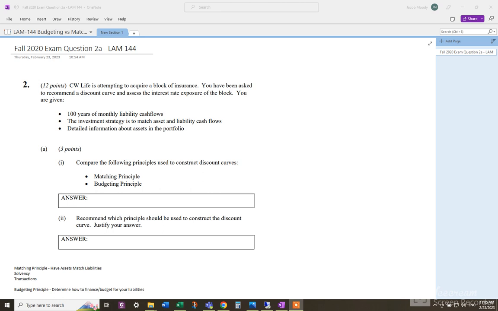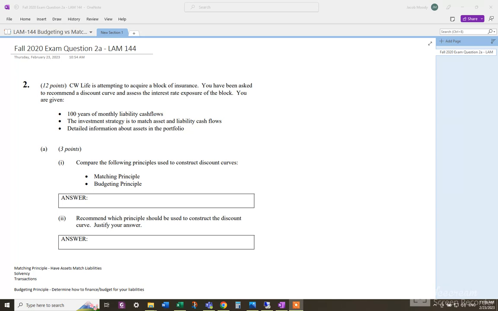So this is based off the reading LAM 144, Framework for Use of Discount Rates in Actuarial Models. And the best way I decided to analyze this reading was actually to look at the only exam problem so far that was based on this reading, and it was the Fall 2020 exam. And so we're looking at this company, and they have a block that has 100 years of monthly liability cash